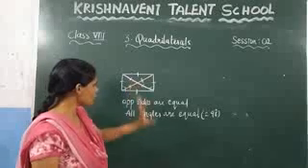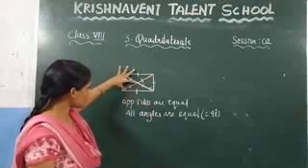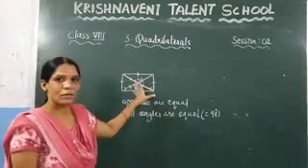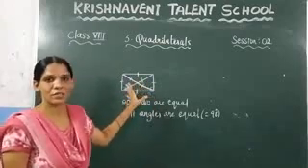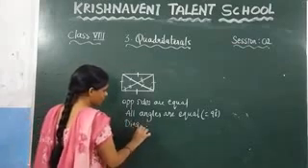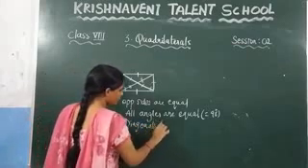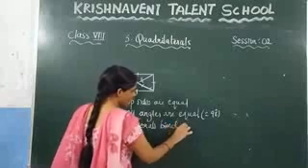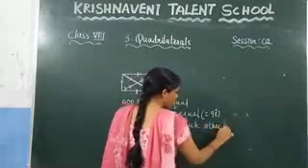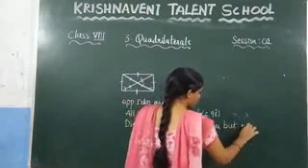The length of this one is equal to the length of this one, and similarly the length of this one is equal to the length of this one. But here not perpendicularly. That means the angle is not 90 degrees here. So diagonals bisect each other. That's it. But not perpendicularly.